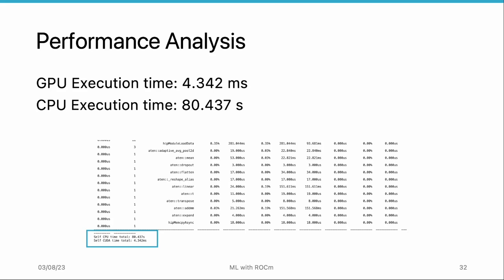After analyzing the profiling table, we can observe the GPU execution time and the CPU execution time. The self-CUDA time total, which represents the GPU execution time, is measured to be 4.380 milliseconds. On the other hand, the self-CPU time total, indicating the CPU execution time, is measured to be 80.347 seconds. By comparing these values, we can conclude that the GPU execution time is notably lower than the CPU execution time